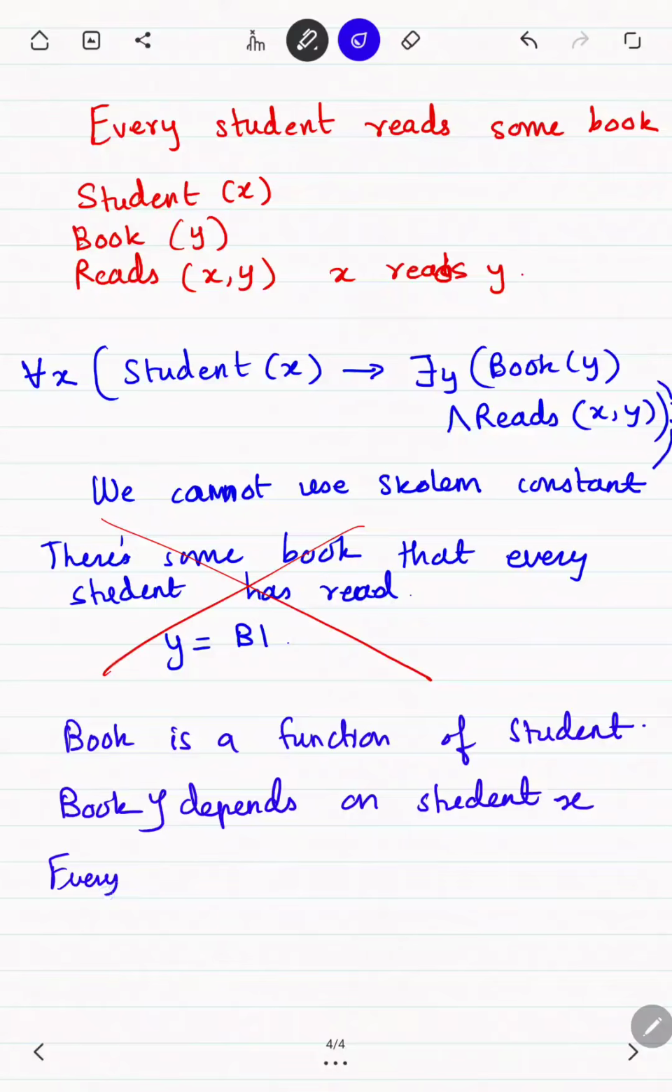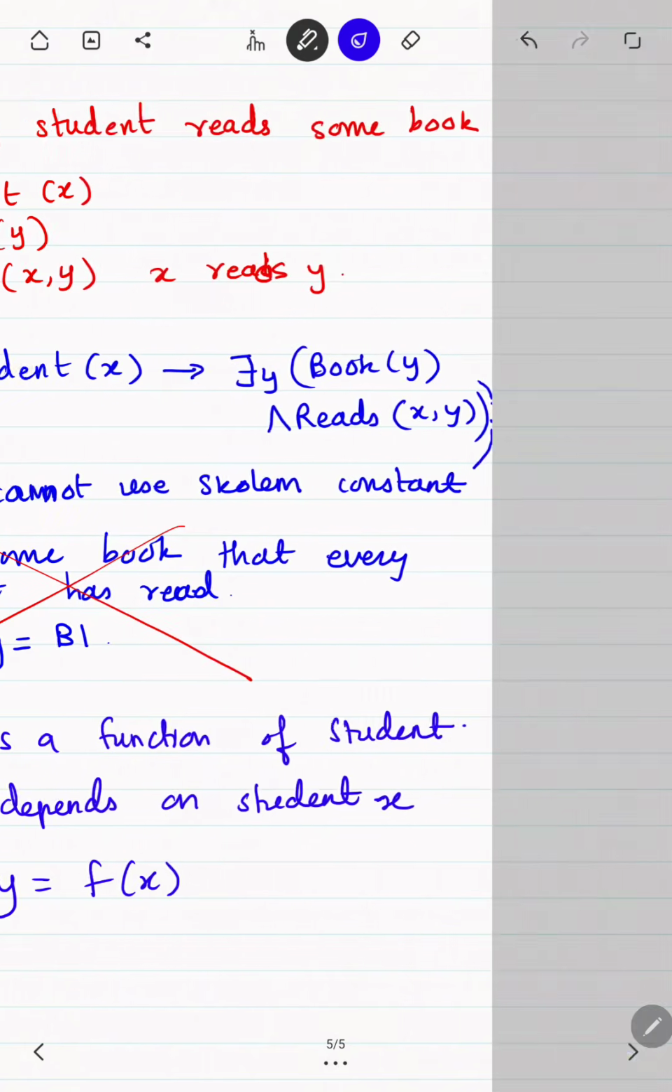Every student may have read some different book, but they have read some book. So now we have to replace Y with f(x). Y is a function of X, right? So now what our rule will become is, along with implication, so this was our initial rule. When we drop the implication, this becomes